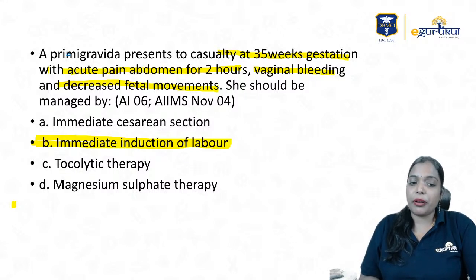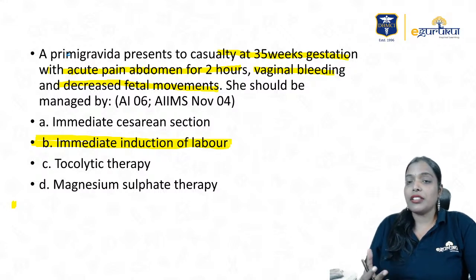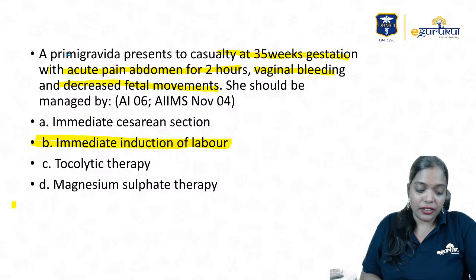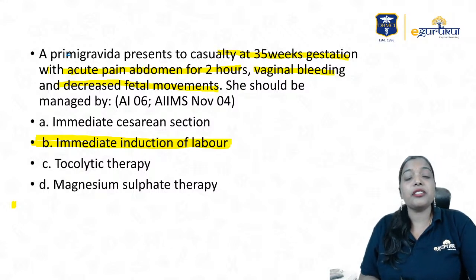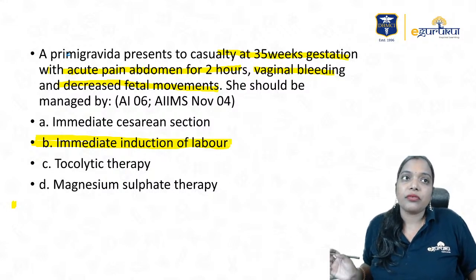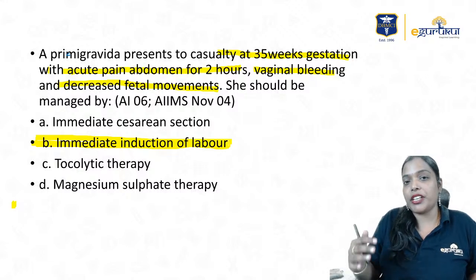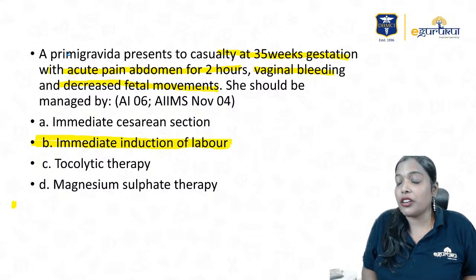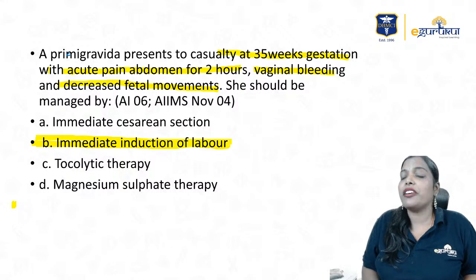Obviously, they'll have decreased fetal movements. Decreased fetal movement is obvious. Why? Because there are continuous contractions. So continuous contractions will decrease the fetal movements. But I didn't mention there is fetal distress and it is just 2 hours. Why do you want to go for cesarean? Decreased fetal movements. When a patient is in labor, can she perceive fetal movements? When pain is coming, will she be able to perceive the baby's movement? Obviously not, right? So when she is getting contractions, she cannot perceive the movement. So there will be decreased fetal movements.